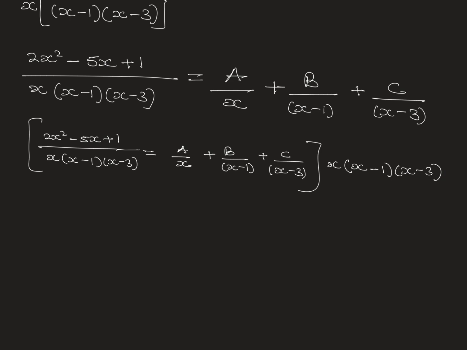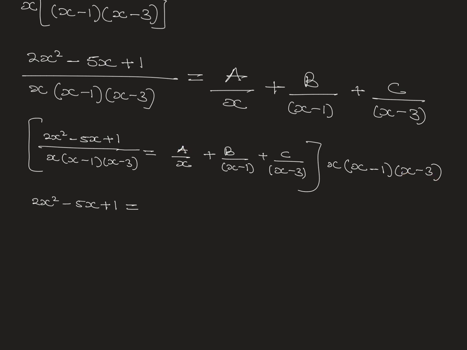So we're going to be left with only 2x squared minus 5x plus 1. Let's write that down. 2x squared minus 5x plus 1 is equal to, so if x goes into the whole of this, x will cancel this x. So we are only going to be left with x minus 1, x minus 3,